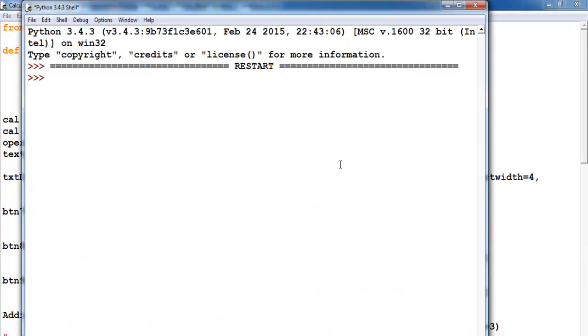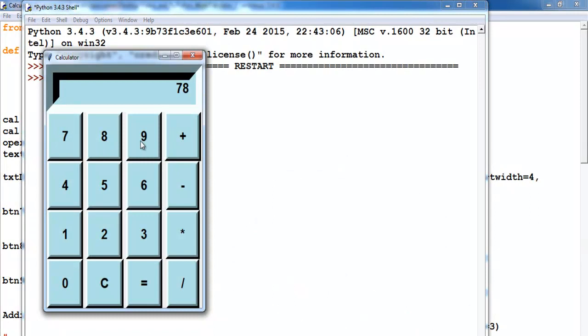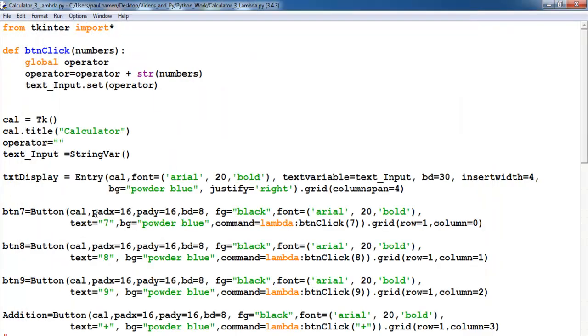Run the program. So we have 7, 8, 9, and so on. Okay, let's check out our operators. Those are our operators. The clear is not working, 0 is working, and the plus sign is not working. Okay, now let's take care of the